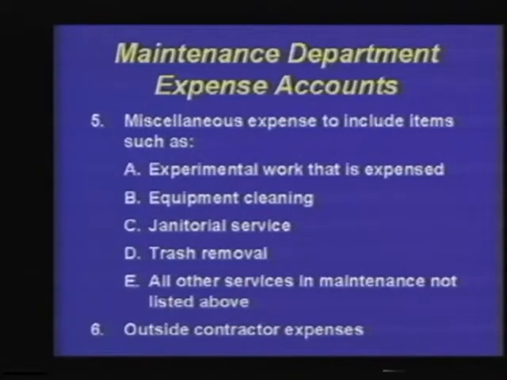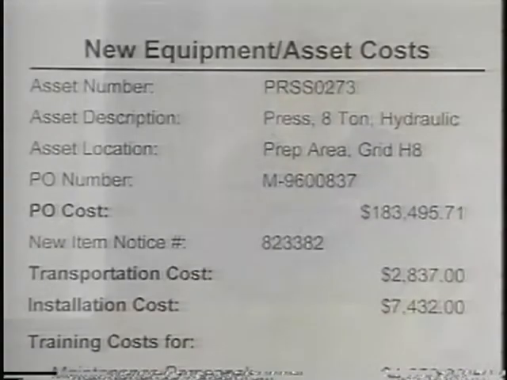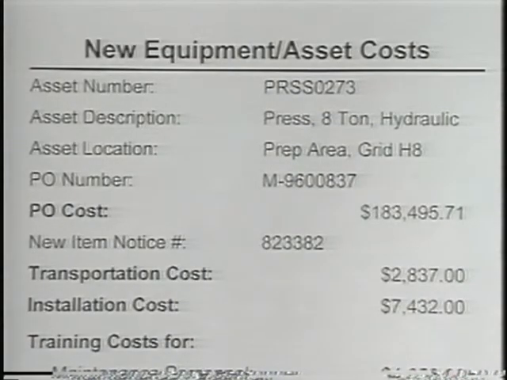So here is another opportunity to develop the user-defined requirements for maintenance department expense accounts. The data elements relative to maintenance department expense accounts that I just reviewed with you on page number 4 are covered by the following 4